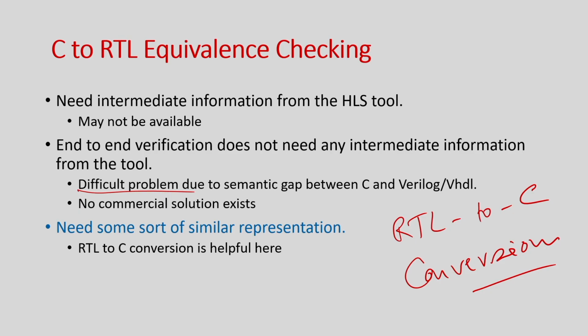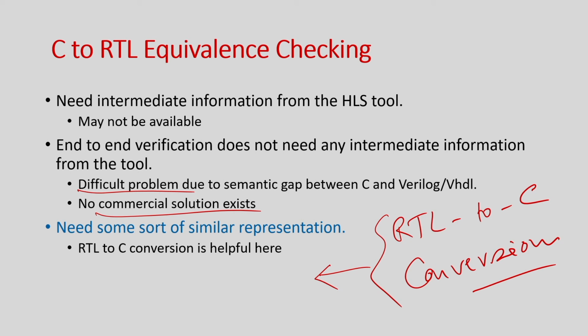If you look into the literature at the current moment, there are no such open tools available, and no commercial solution exists. So, there is no such offering from industry or academia. But the point that I want to argue here is that this C to RTL conversion keeps the door open. You have C code, you have an FSMD which we represent by C code, but it is basically an FSMD. So, now we have two FSMDs whose execution pattern is exactly the same, the semantics are exactly the same. So, I can now compare, right.